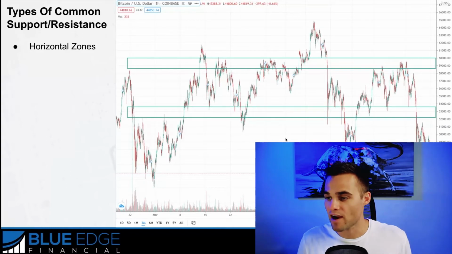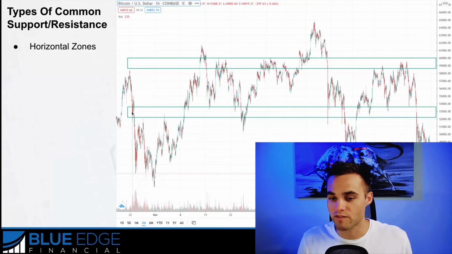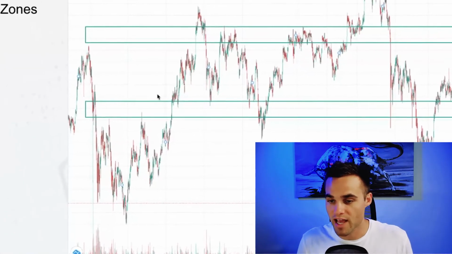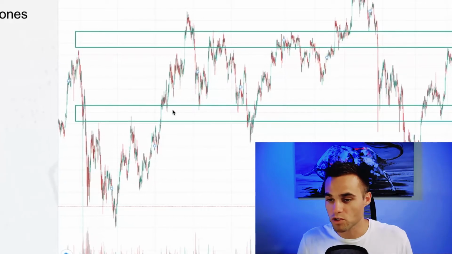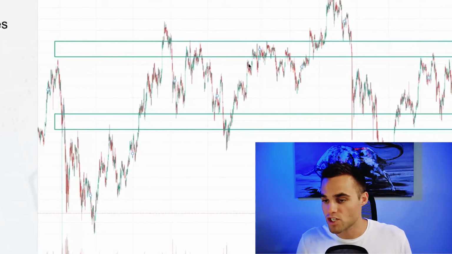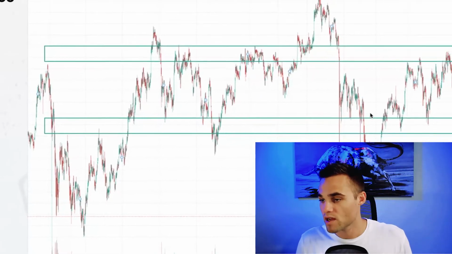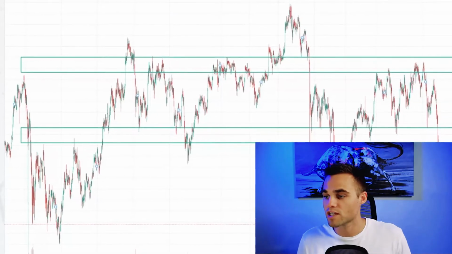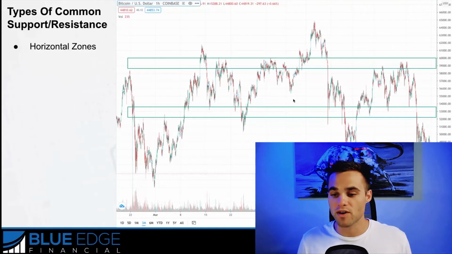Also, we can see key areas here. This was a key area of support, right? We saw price kind of fiddling around here, hit this zone and came off sharply, hit this zone multiple times, bounced off sharply, rejected it quickly, touched this zone, rejected quickly. So this is another example of what would be called support.